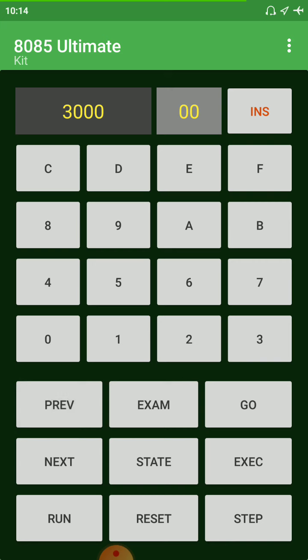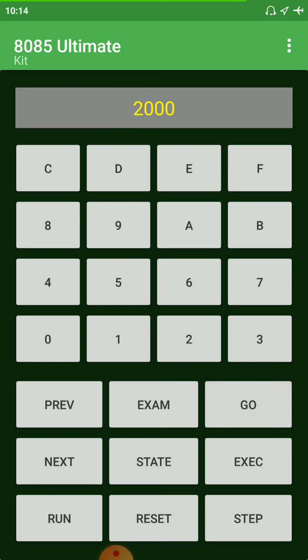Okay, we need to feed here 05, then examine, go 2000, execute.